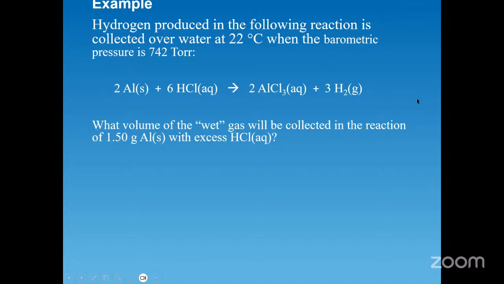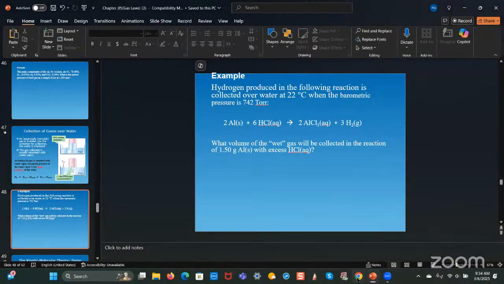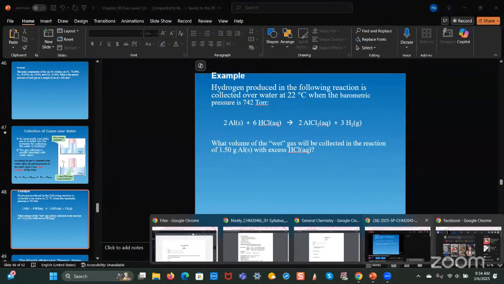okay, so this question says you have hydrogen that is produced, and it gives you the equation that explains the production of hydrogen based on this reaction right here. It says that it's collected at 22 degrees Celsius when the barometric pressure is 742 torr. Now, there's a missing piece of information here which is necessary, and that is the vapor pressure of water at 22 degrees Celsius. So what I'm going to do is do a little Google search to see what the vapor pressure